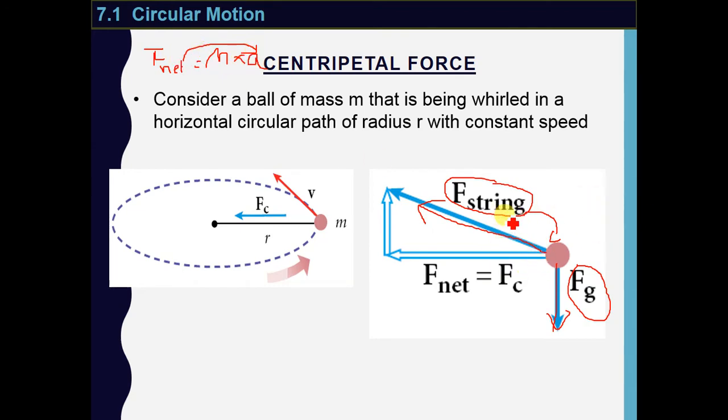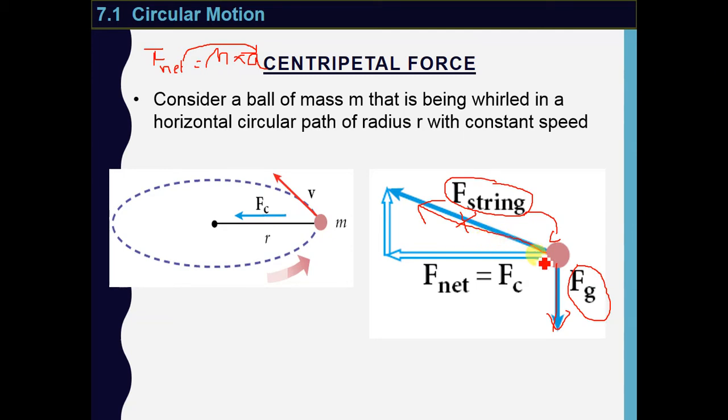In order to find F net, if you remember, girls, when we add vectors, we divide them into x component and y component, then we add the x components alone and y components alone, then we find the resultant. You see here, Fg is along y, no problem with it. But F string is not along x or y, so I have to divide it